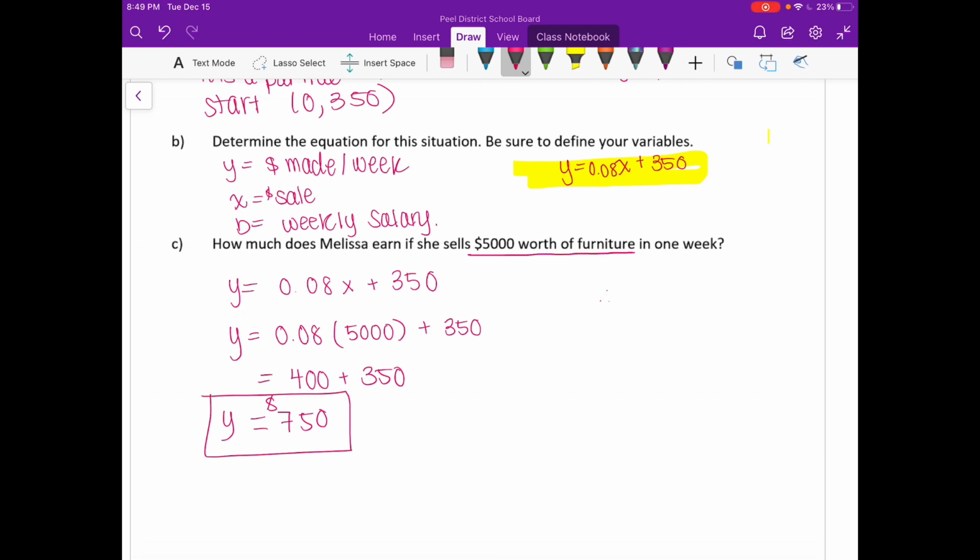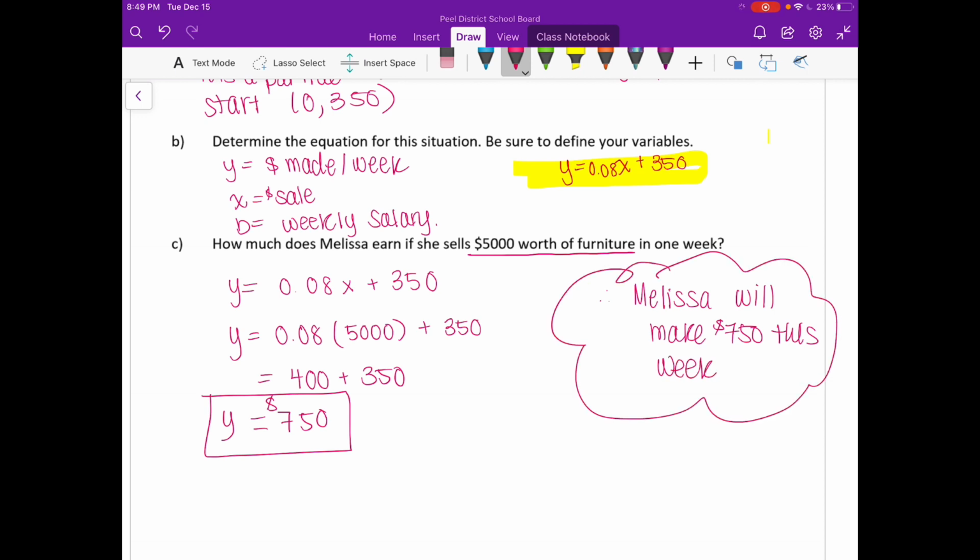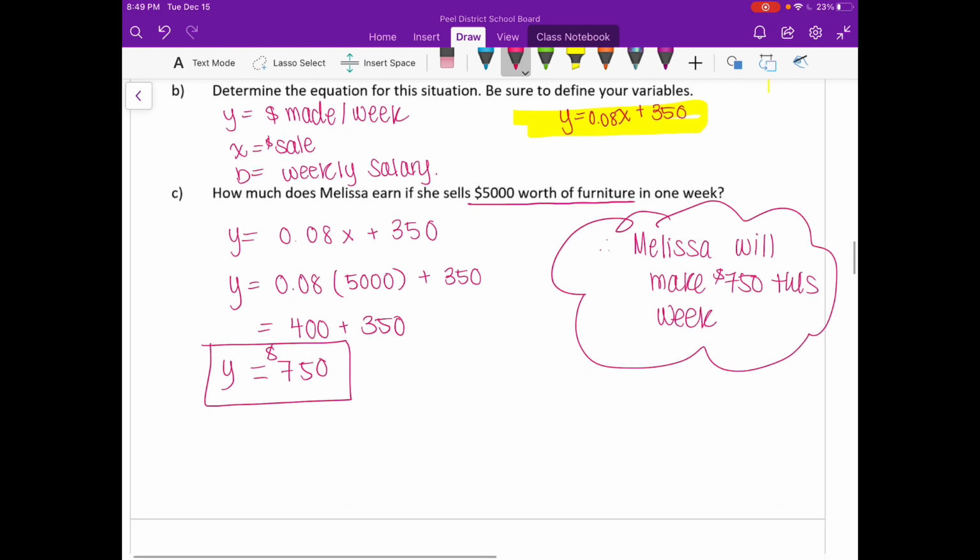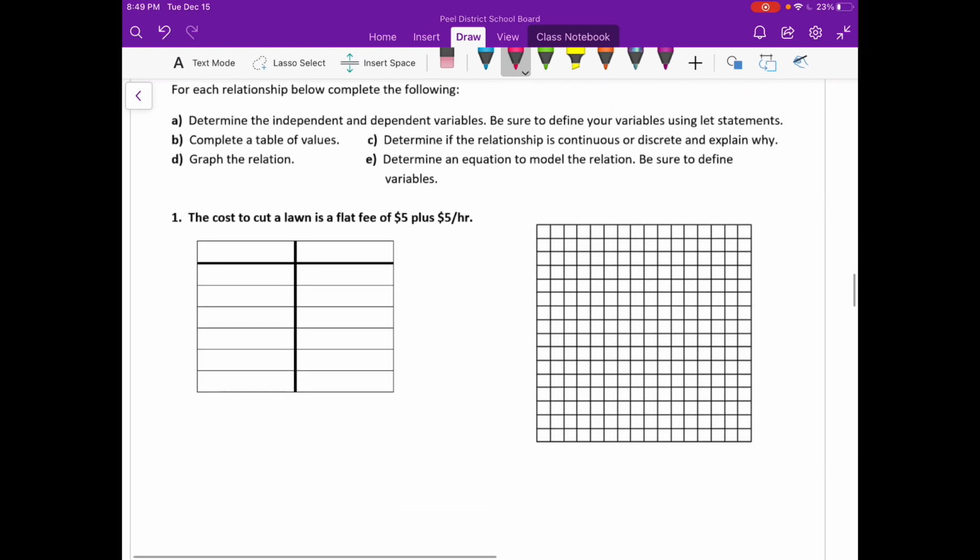Therefore, Melissa will make $750 this week. Or that week, or whatever you want to write. Okay? So, what we're going to do is we're actually going to be doing a little bit